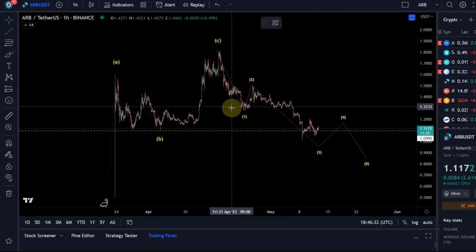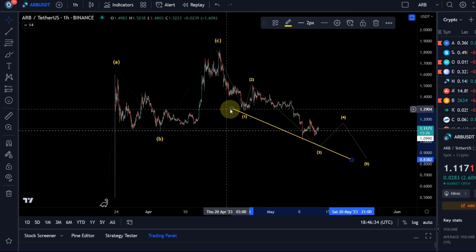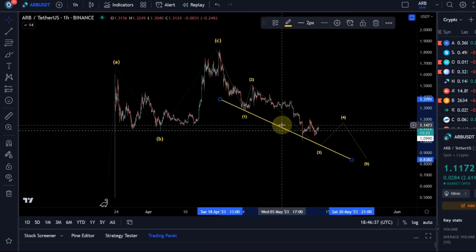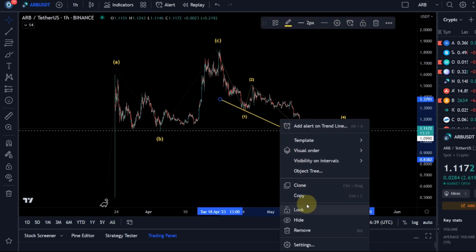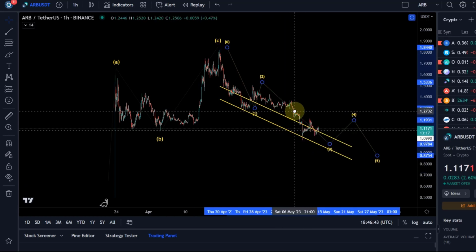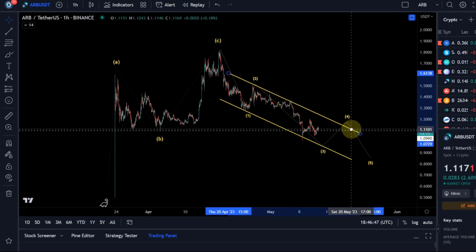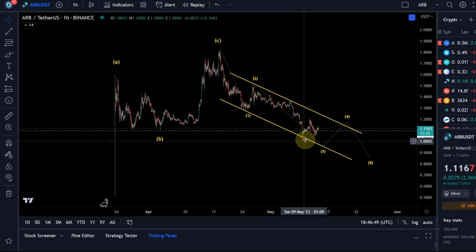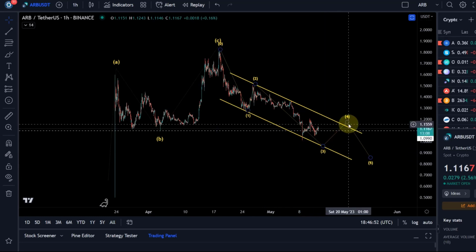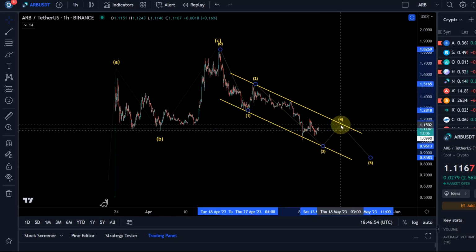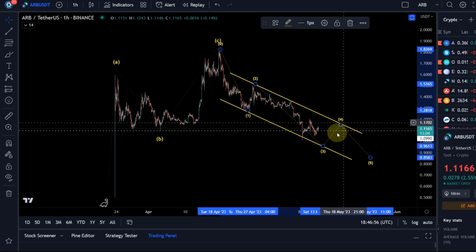We can even draw a fairly nicely defined trend channel here. So if I have a line here, and then we can obviously clone that, and we have a parallel trend line. Oops, let me just add it here. So we have a nicely defined parallel trend channel in which price is moving. I would find it quite likely that we get one more bounce here to the upside, maybe when wave 3